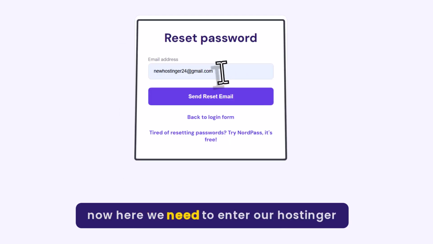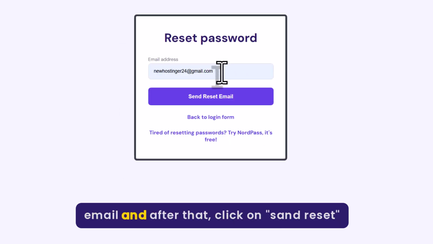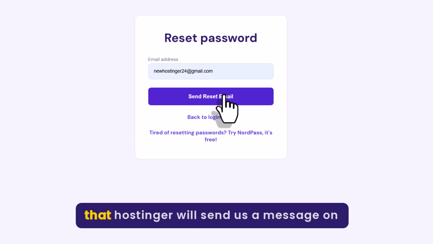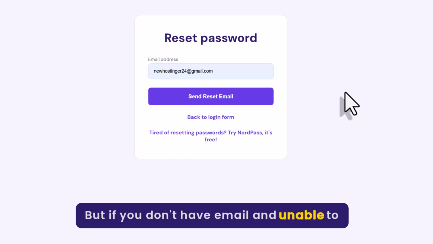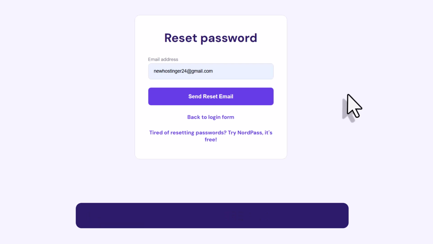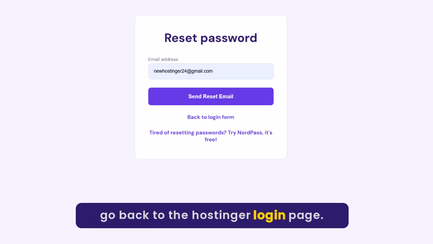Now here we need to enter our Hostinger email and after that click on send reset email. After that, Hostinger will send us a message on our email and we can easily use that to reset our Hostinger account password. But if you don't have the email and are unable to access your account, go back to the Hostinger login page,